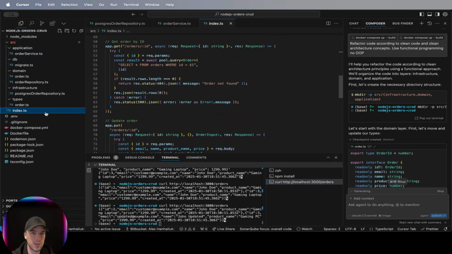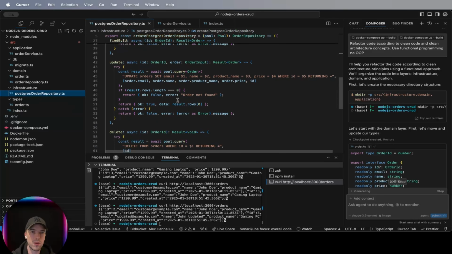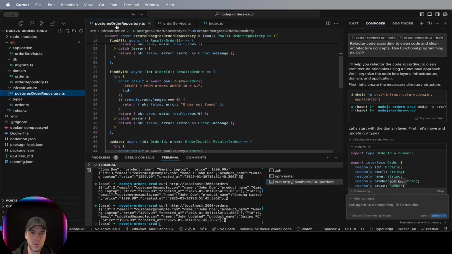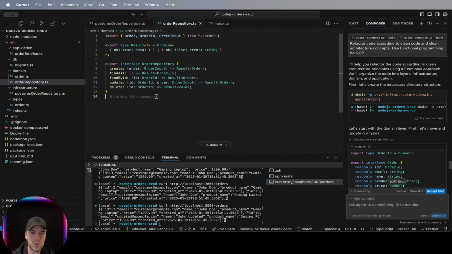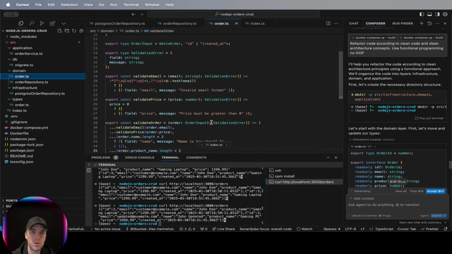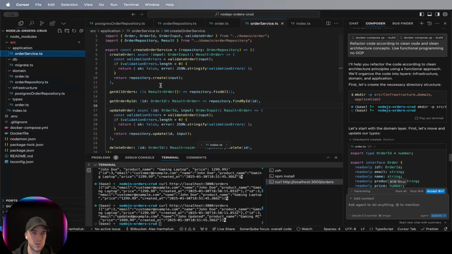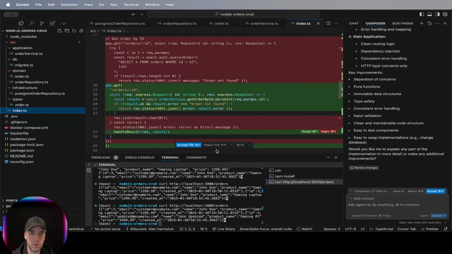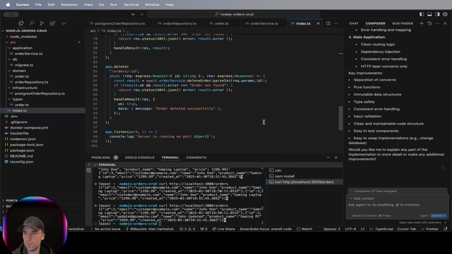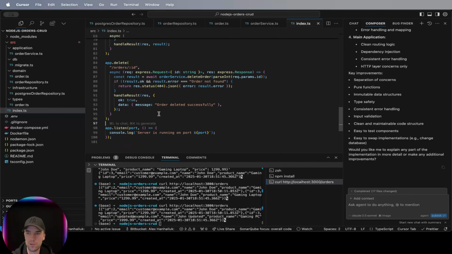Let's accept everything and see what we have. So we have a Postgres order repository, and we have an order repository interface. We have some validation service, and we have an application service. Great. As you can see, it's refactored. Everything is working fine. It created some repository layer, service layer, validation,